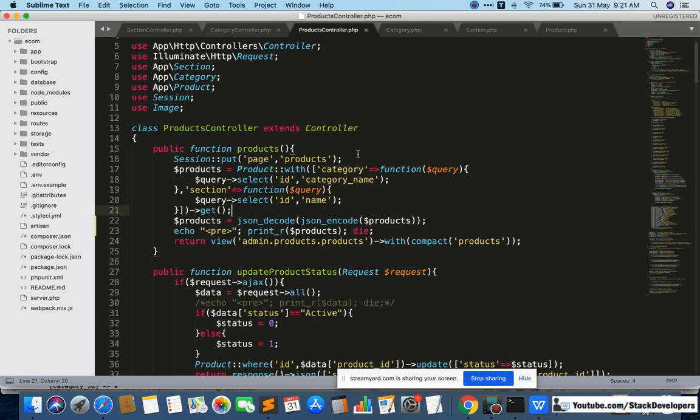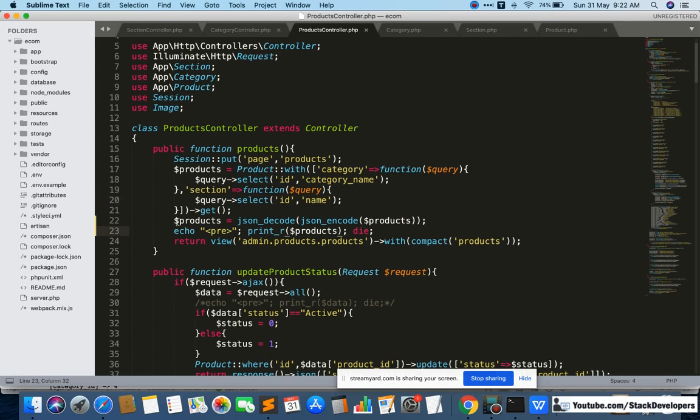Like if you are building a big website and you want to fetch 1000 product records, then why get the complete data of every product? You just need the selected data. So for that we have done this subquery, for the category and for the section as well, and we have just got the ID and name columns from the section table.